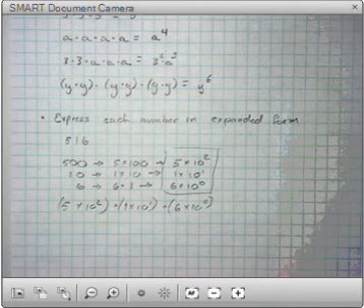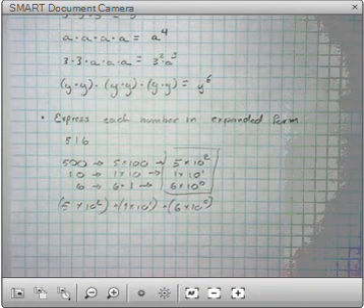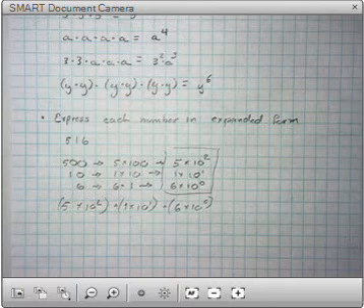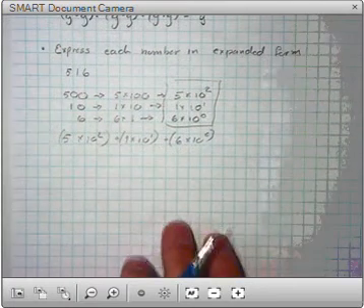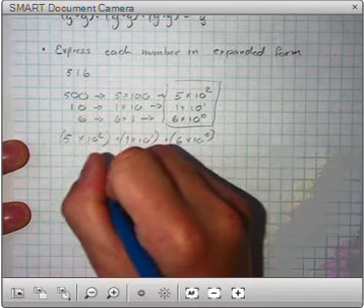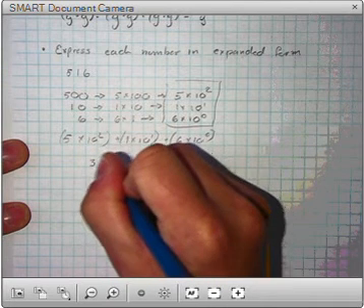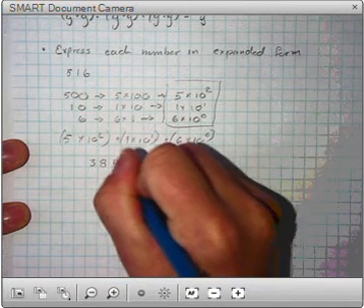Now that looks like a lot. And to be honest, this is the longest way to do this problem. There are shortcuts, and we will look at those. For example, if I have the number 3,845,